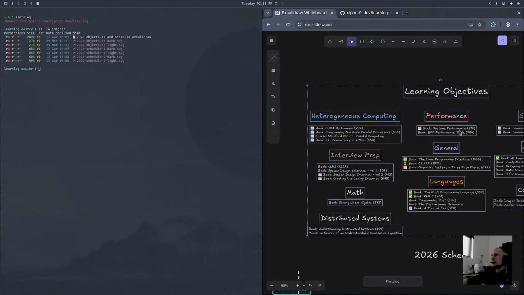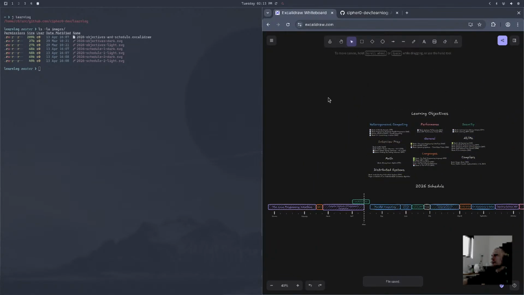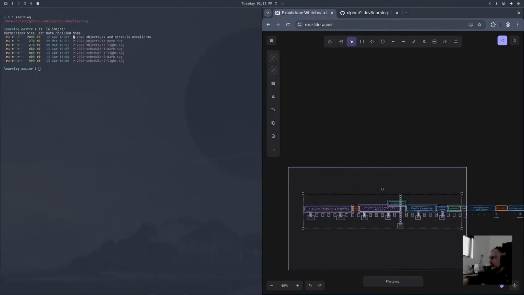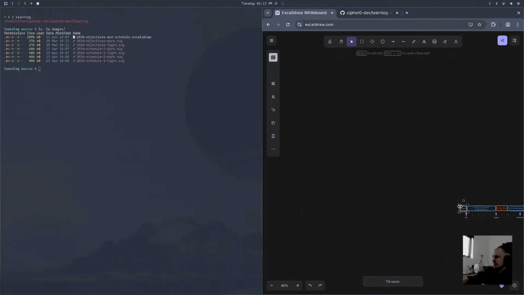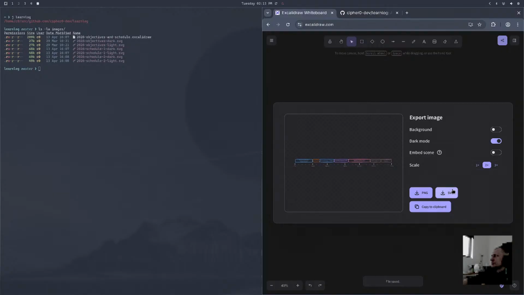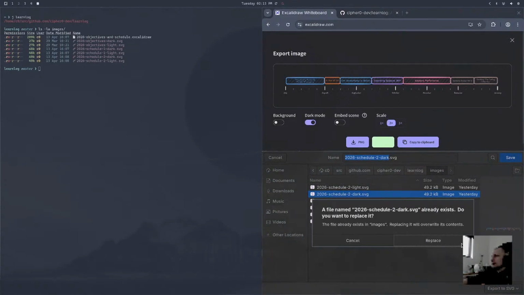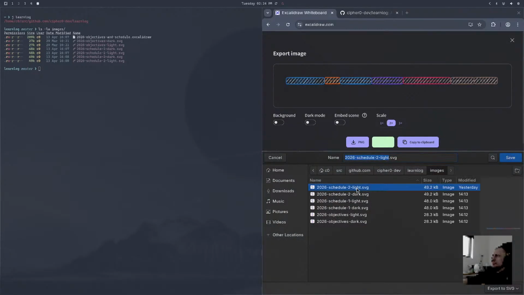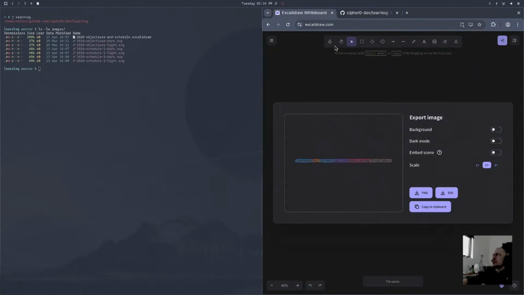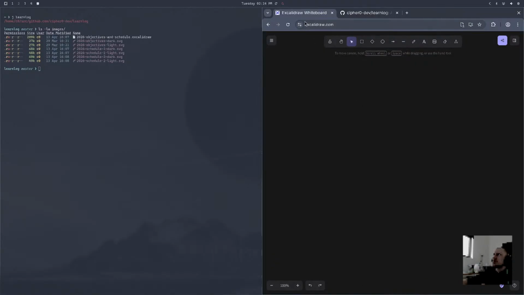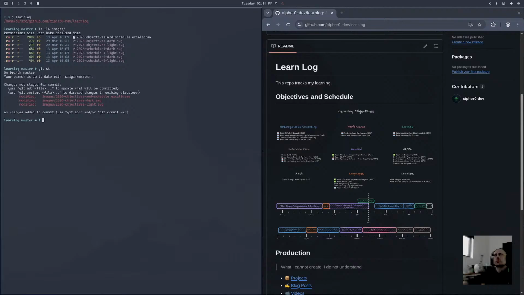Go over here. Still gonna delete all this, but now we're gonna delete the left side, which will be pretty much all that, including travel. Now we say file, export image, SVG, schedule 2 dark, replace, check that, SVG, schedule 2 light, replace. Okay, and then here we can just say, hey, reset the canvas, confirm, bam, get status, get,